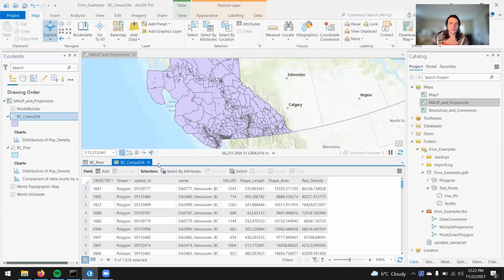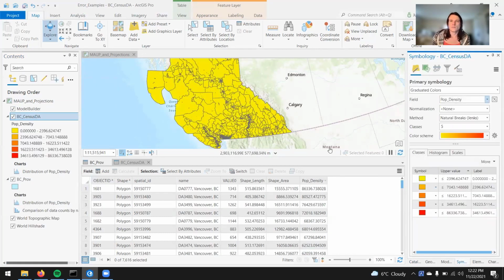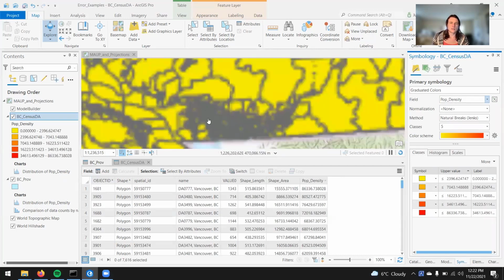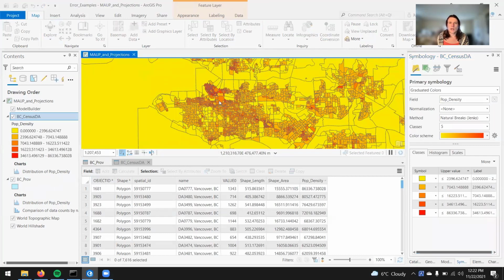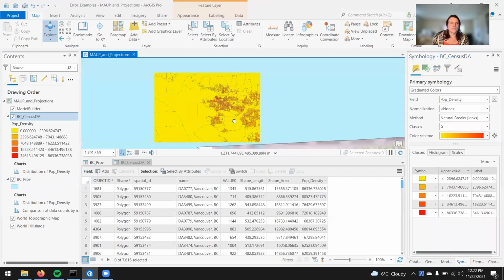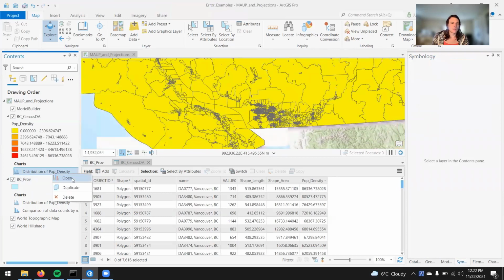Whereas this layer shows population density by census dissemination area. We can symbolize it by that to maybe make it a little more apparent. You can see the overwhelming majority have very low densities until you zoom into, say, Metro Vancouver. And then you have high population densities. But the point that I want to highlight is that if you open this chart that I've created, this is